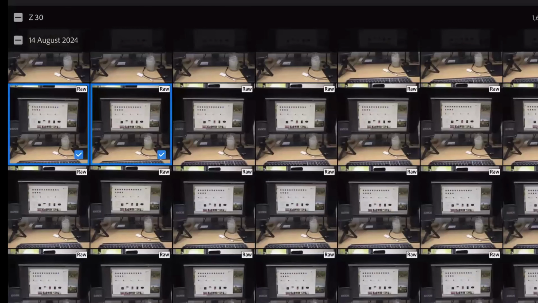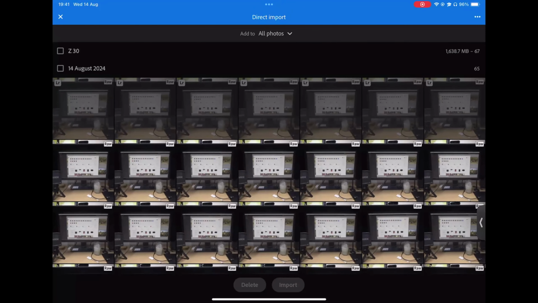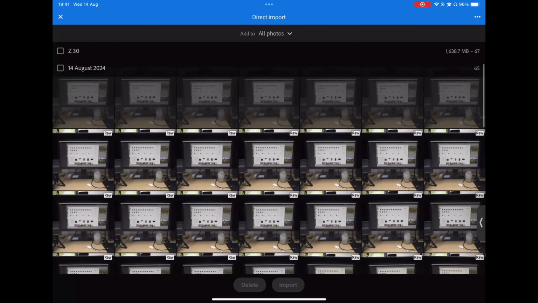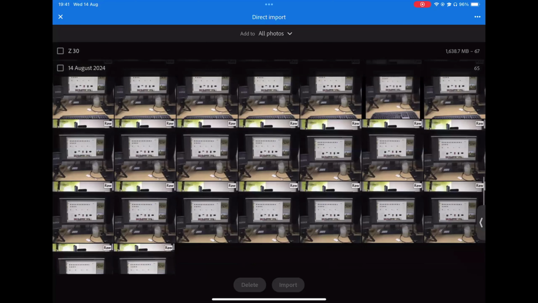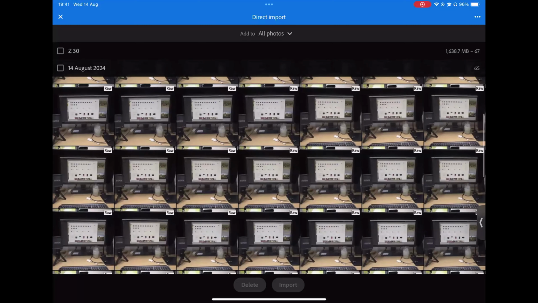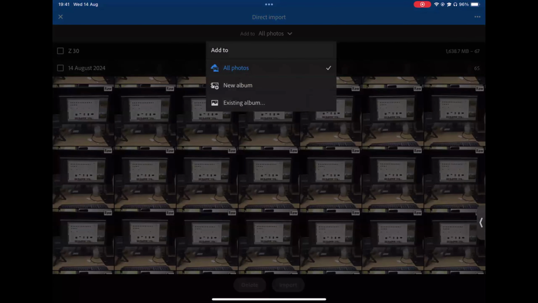So all photos is the default folder. It is all folders. Yep, all photos, so that's the default. Yours says cloud, but that says all photos. Yes, because cloud is what I've called the location on the drive. It's the folder for the drive. Yeah, I got it. Okay. Right, so this is all photos, but I can add them to